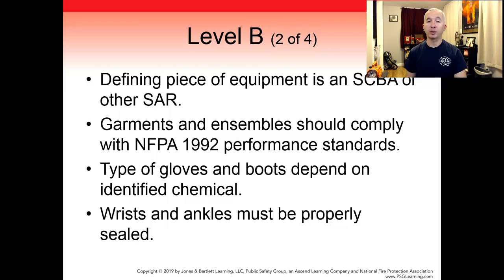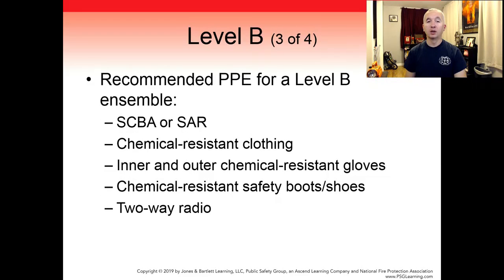Garments in ensemble for Level B protection should comply with the performance standards outlined in NFPA 1992. The types of gloves and boots worn depend on the identified chemical as well. Wrists and ankles must be properly sealed with duct tape or some other type of sealant. The recommended PPE for a Level B ensemble includes SCBA or SAR, chemical-resistant clothing, inner and outer chemical-resistant gloves with